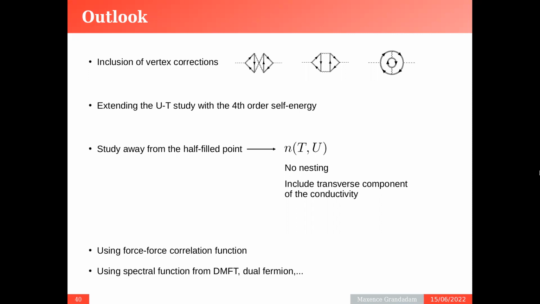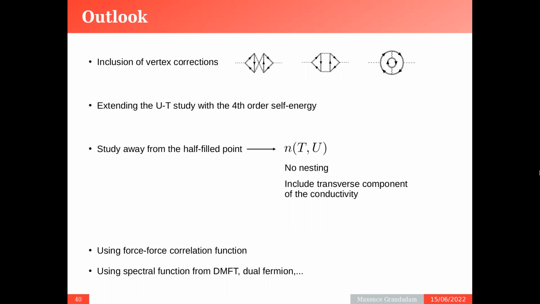And lastly, to finish, something that we are not really looking into right now, but that could be interesting. If some people know more about this, I would be happy to discuss. It's the use of the force-force correlation function, which has been used to compute the current correlation function because the two are linked. But for some reason, in this bold diagrammatic scheme, the result seems very different,